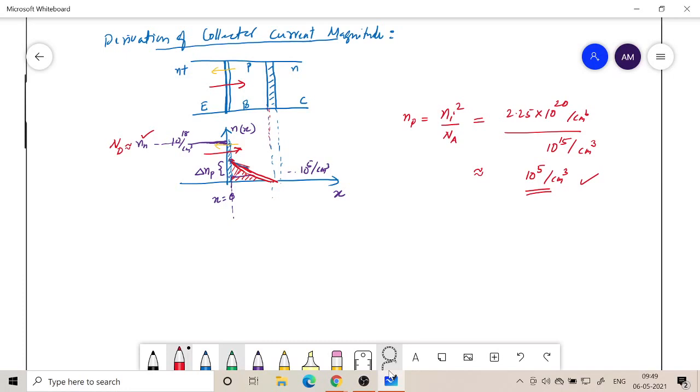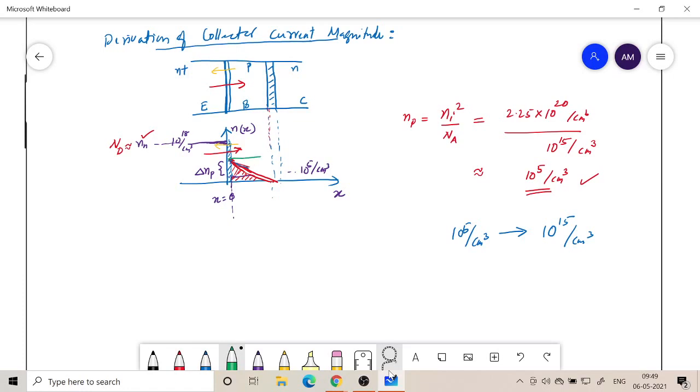Okay, so we can say that from 10 raised to 5 per centimeter cube, it is going to increase to say some 10 raised to 15 per centimeter cube, if at least 1,000th of them come, because here it is 10 raised to 18 per centimeter cube, 1,000th of them means 10 raised to 15 of them is coming to the other side. So it is like 10 orders of magnitude increase, and that is a very significant change in the concentration of minority carriers in the base region, and therefore that increase is what I have shown here